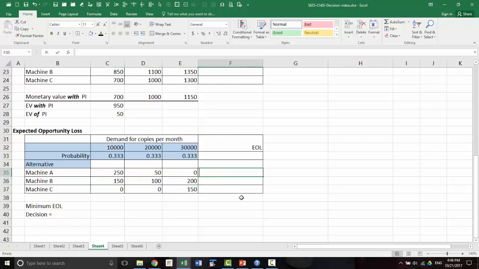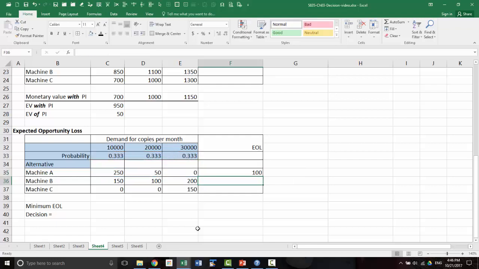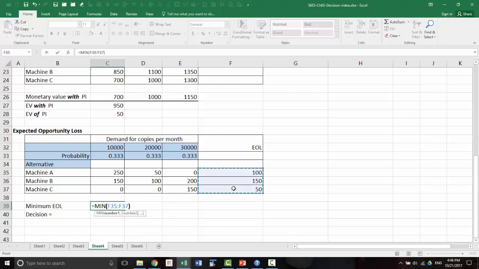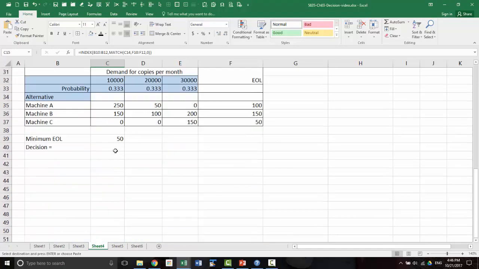Alright, so now we can do a sum product of the opportunity loss with the probabilities, and the probabilities must be absolute referenced. Okay, so now we want minimum expected opportunity loss, so min of that, and then the decision will be